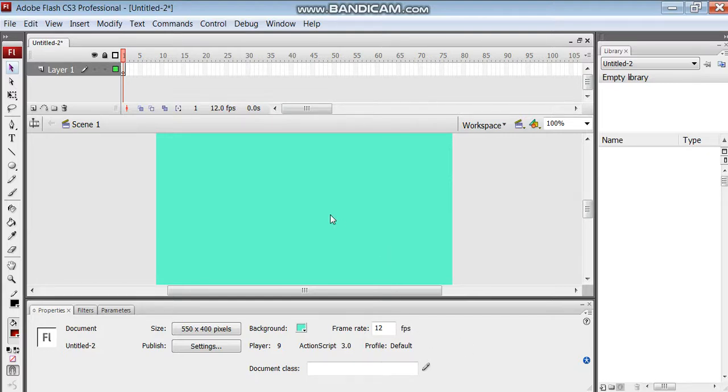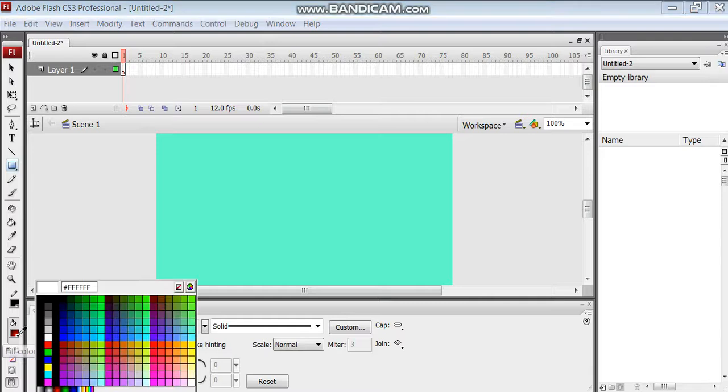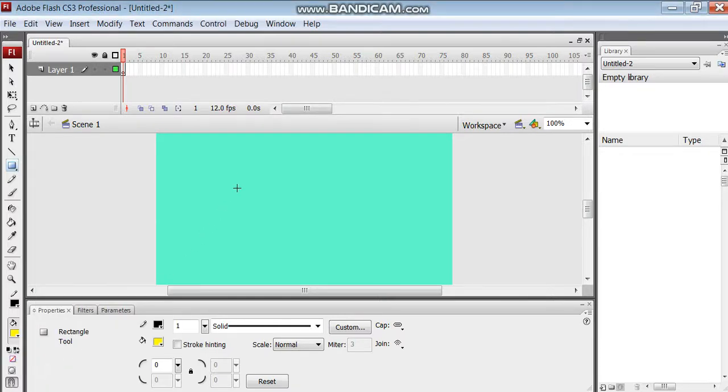Now I want to show you the morphing effect or the shape tweening. How to do that? First we are going to make one shape. We click on the oval tool and by pressing the R key it changes into the rectangle tool, selecting the color which I want. Suppose I want a yellow square.